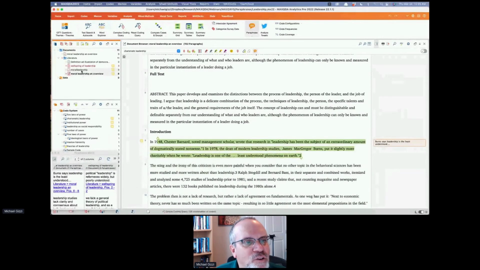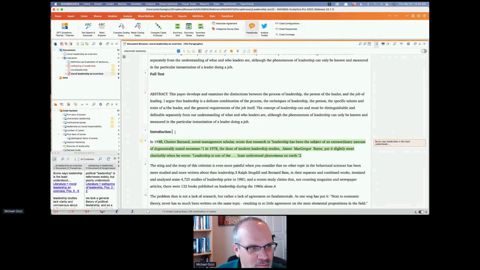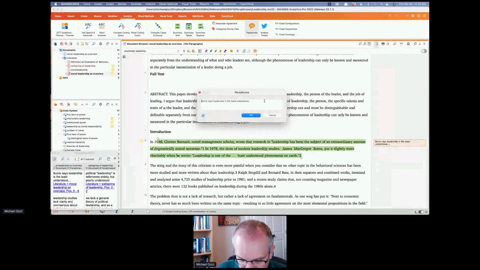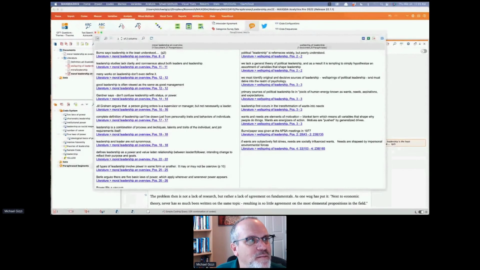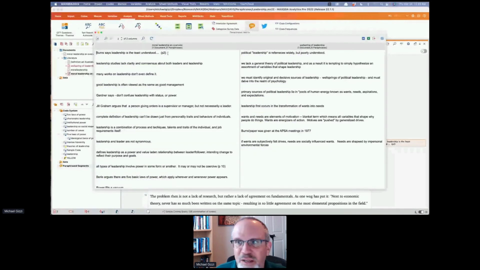If I do a paraphrase, let's say that this was on page 2 of a document. I could edit the paraphrase, particularly if you're working with PDFs, this is awesome, and put something like page 2 into the paraphrase, so that when I go to the matrix, you'll notice it automatically updated it. I can see that this reference here is on page 2.